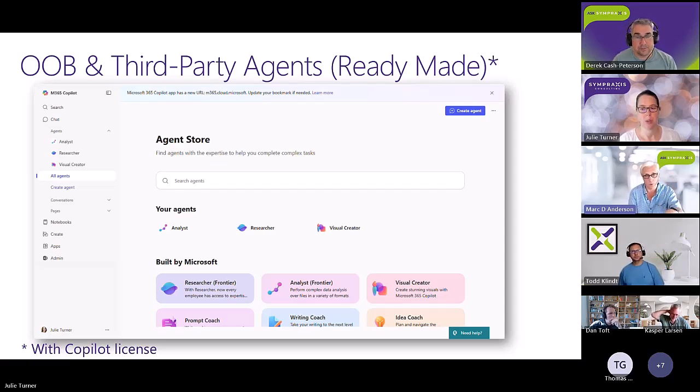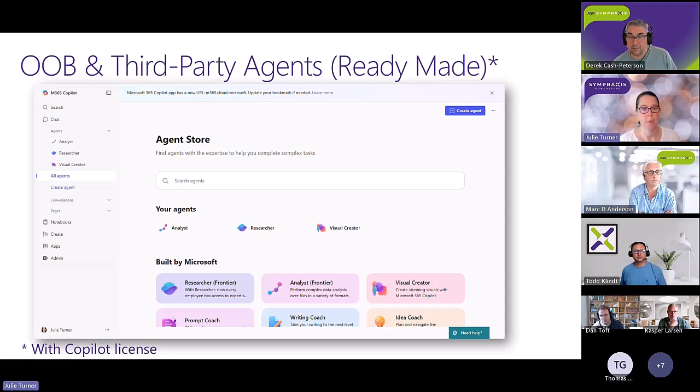If you scroll down, there's also a third-party agent section, with some available for free, some freemium, and some you have to pay for. So this agent stuff is going to be in front of your population, and you need to be thinking about it.